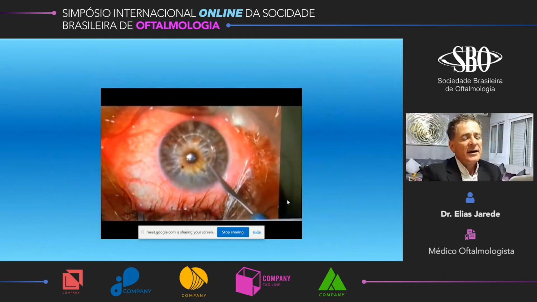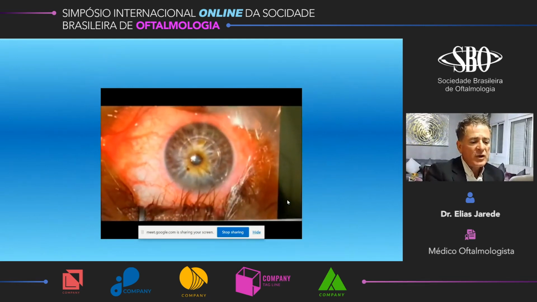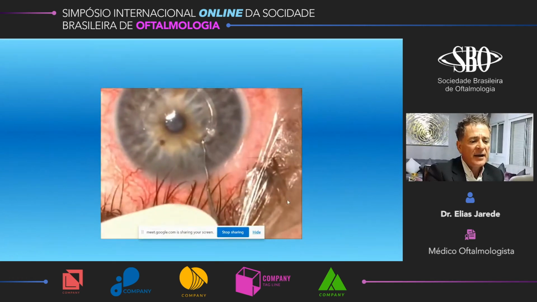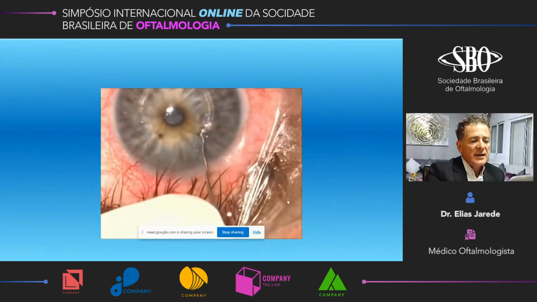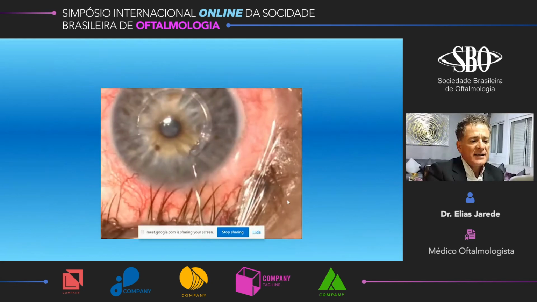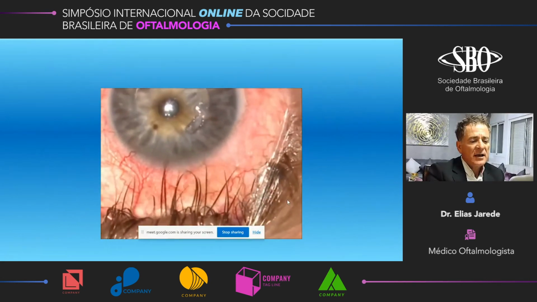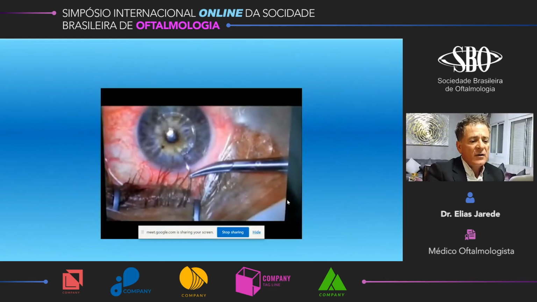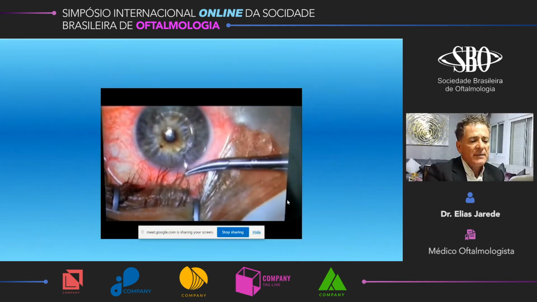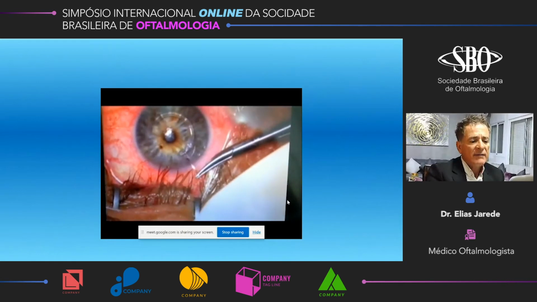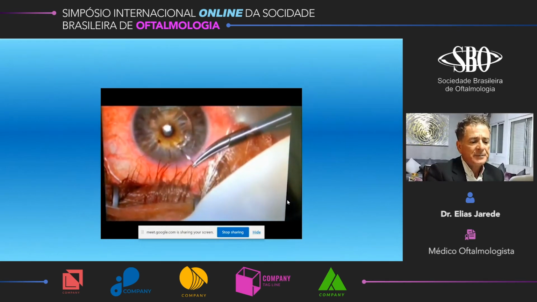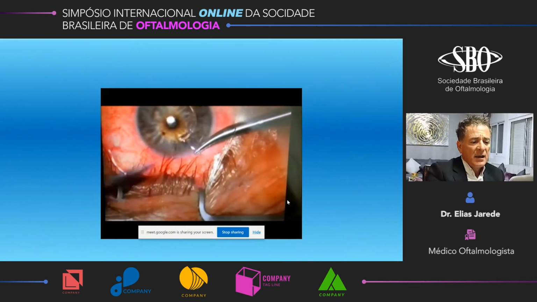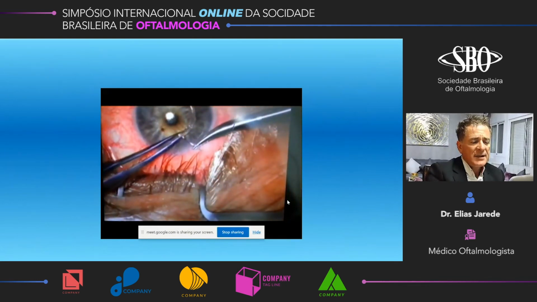Here we have a migrating ring. We went to pull back the Kera ring using the Sinskey hook and dissecting the pre-existing tunnel, while passing the first needle of the 10-0 nylon, which can be passed easily, though we have to be careful a little bit. So taking the first needle,